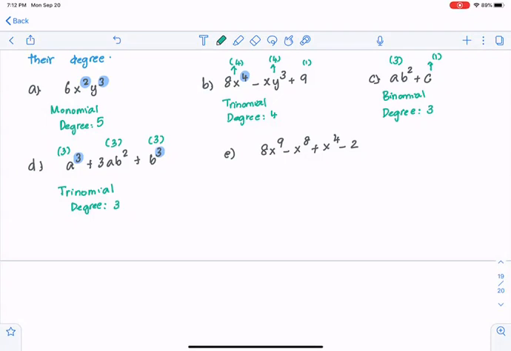The last one is a polynomial. The degree of the first one is 9. The second is 8. The third is 4. I can ignore the 2 because even if you wrote something, you'll have x raised to 0, which would be 0. Don't include the power of the constant terms. So the degree here